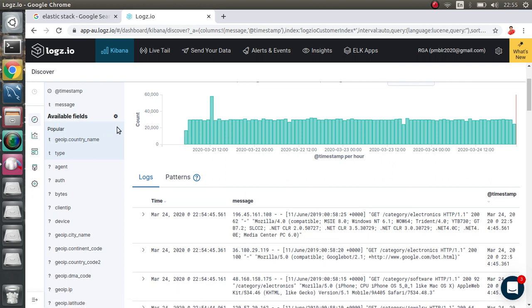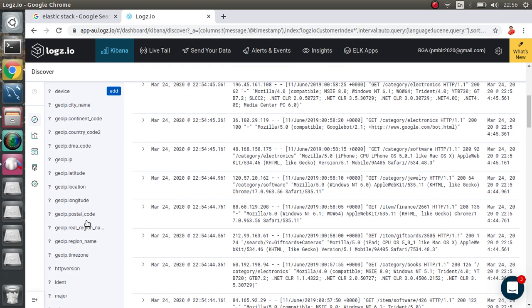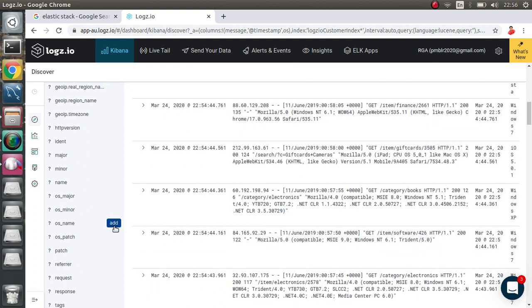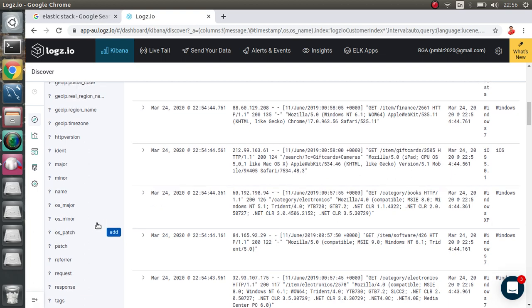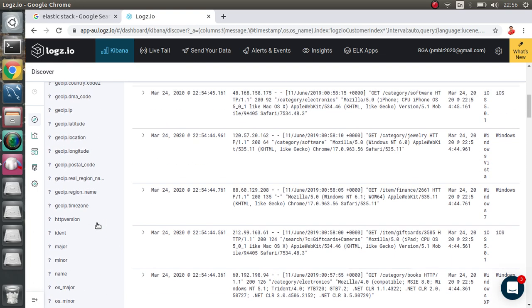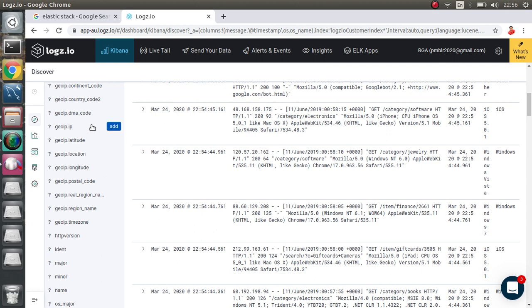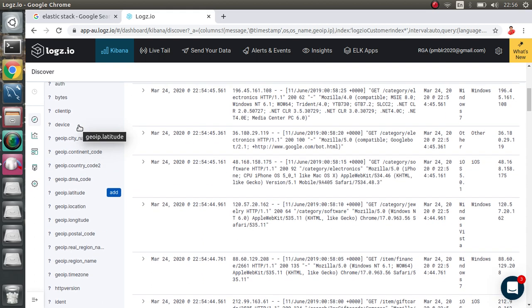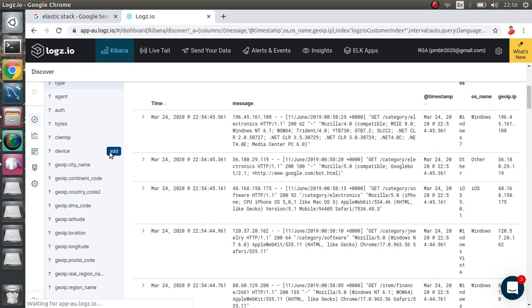Suppose I'm taking add. Okay, so it is meaningful. Let's see. Then I'm trying this one, it is for server data, your system log data. Suppose I want to take which operating system it is, the operating system name, followed by a GeoIP address and GeoIP, which device it is, and